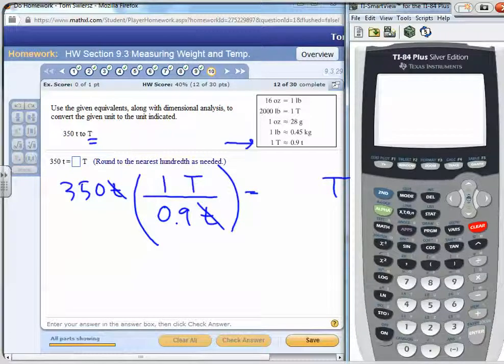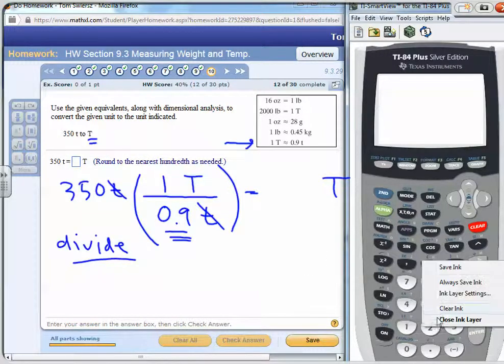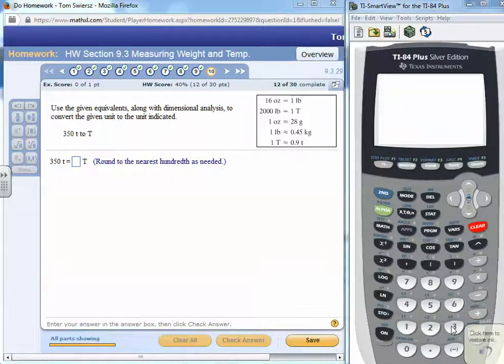Now, the 0.9 is in the denominator, so that tells us we're going to divide. Even though it's a number less than 1, we're going to divide. So it's going to be 350 divided by 0.9, which will give us the equivalent English tons. So 350 divided by 0.9, and we get